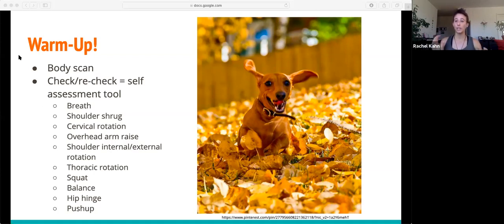So with any kind of movement or new tools that you're bringing into your movement routines, your exercise, your daily habits, it's always a good idea to have some kind of a pre-assessment and post-assessment to see if the new thing that we're bringing in actually helped. So we're going to be doing these check-ins. We're going to be doing about 4 or 5 visual drills. But before we even do those visual drills, we're going to do a whole set of movements,